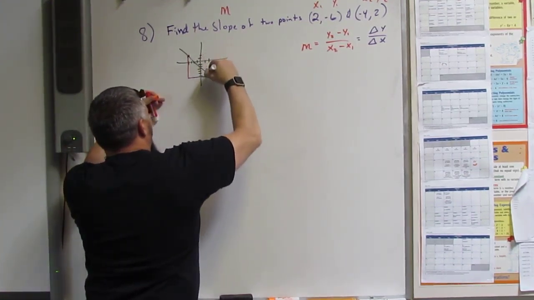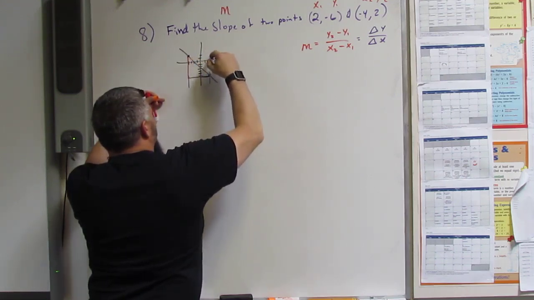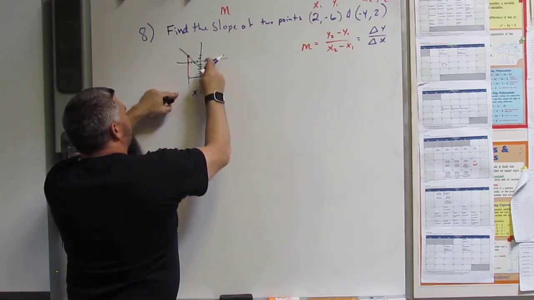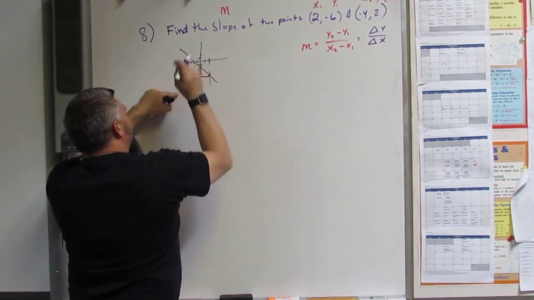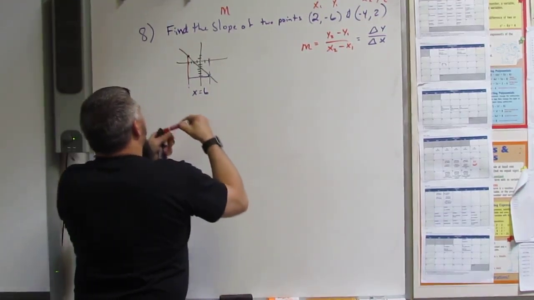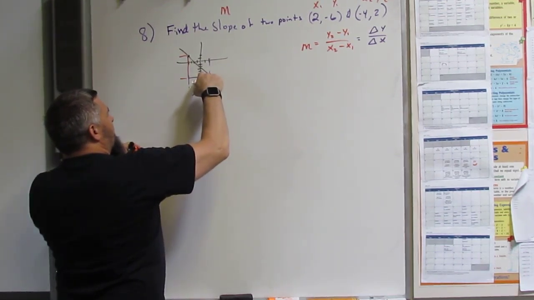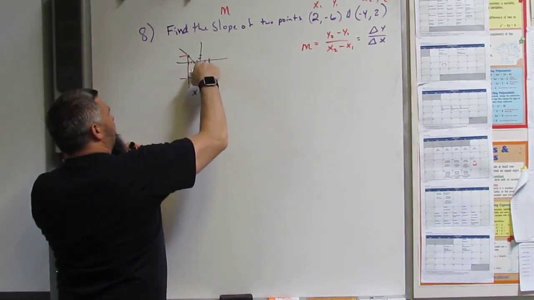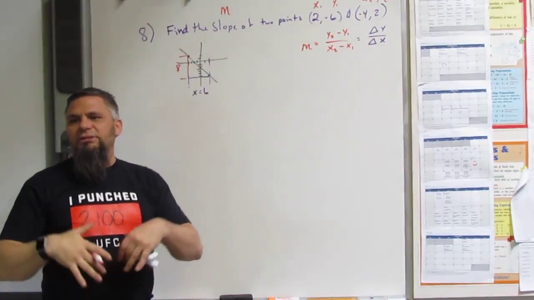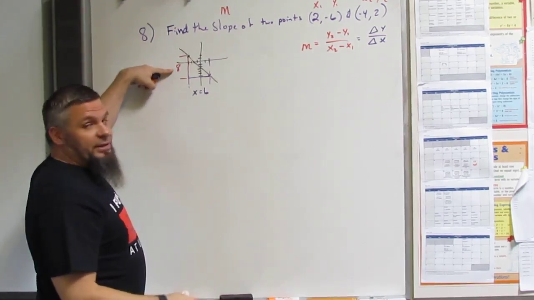So what is this difference, right? From here, what is x? So it's 1, 2, 3, 4, 5, 6, right? And then what is y from here to here, right? So it's 1, 2, 3, 4, 5, 6, 7, 8, right? So I know that the slope is the difference